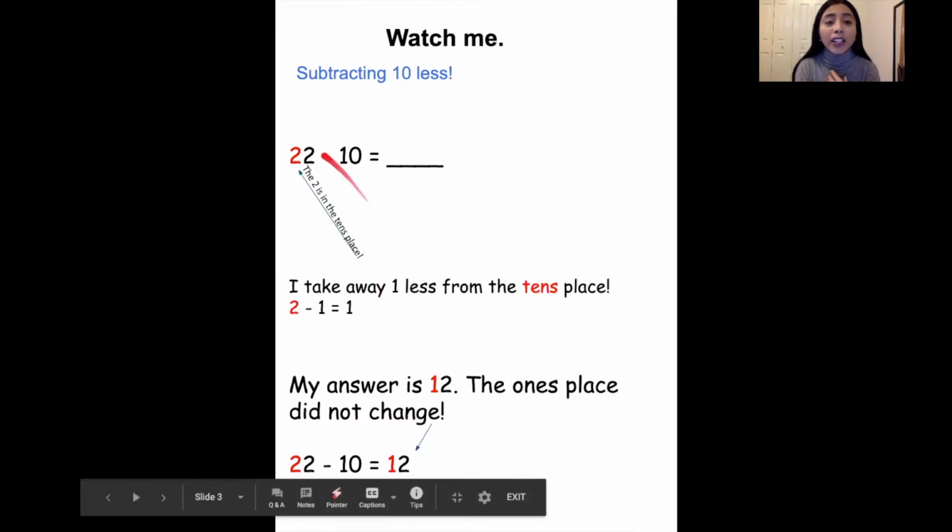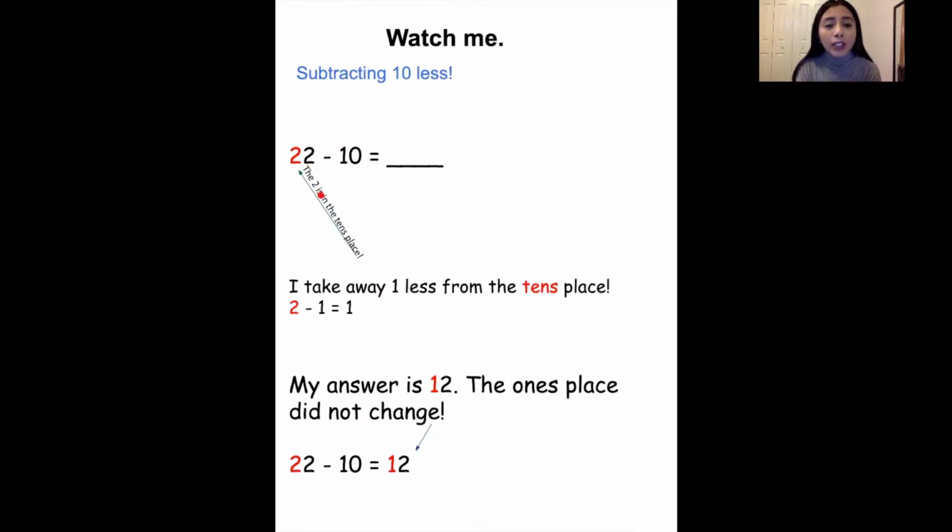So let's try that again, this time with 22 minus 10. The 2 is in the tens place. I take away one less from the tens place. 2 minus 1 equals 1. My answer is 12. If we go back to our number 22, remember we only took away 1 from the